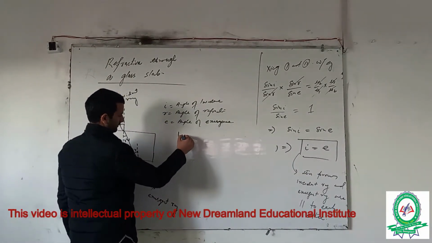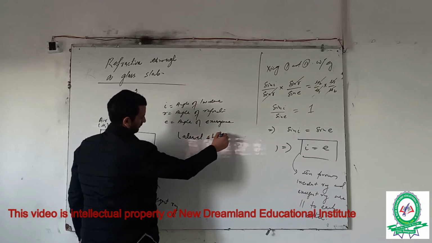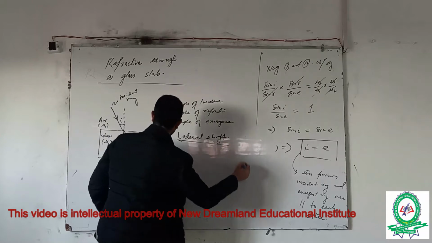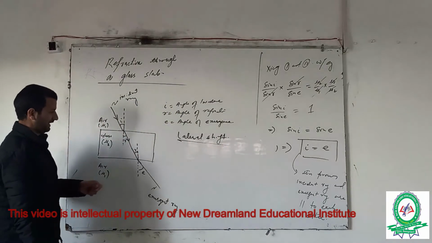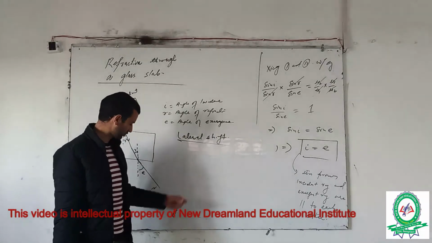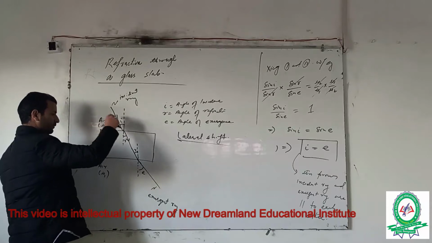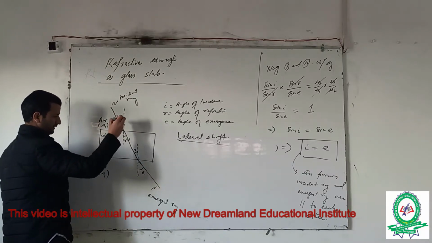Lateral shift. Now what's lateral shift? Lateral shift is the perpendicular distance between the direction of the incident ray and the direction of the emergent ray. If we reproduce the incident ray,